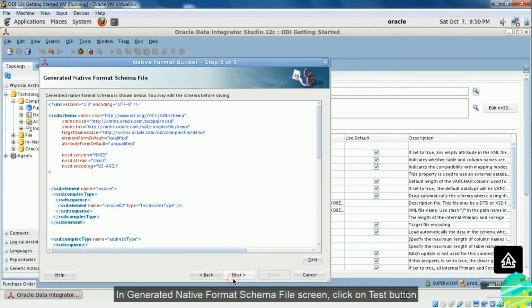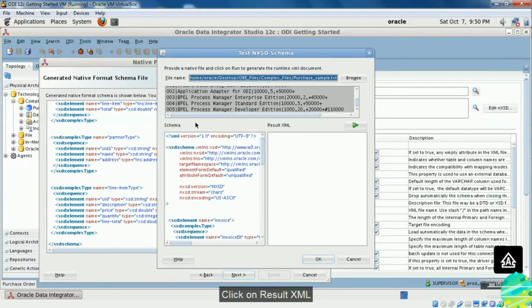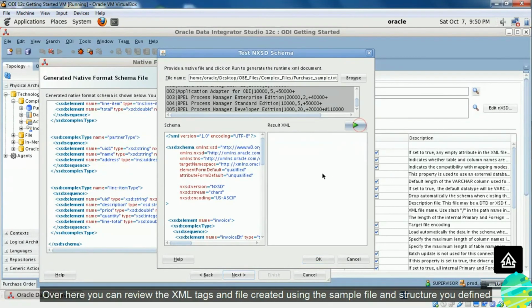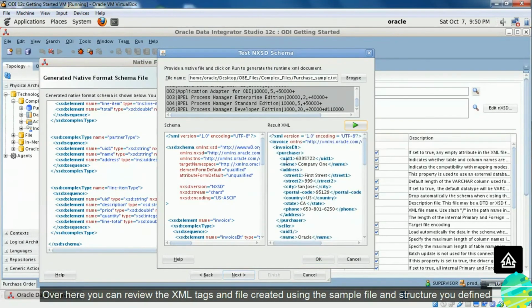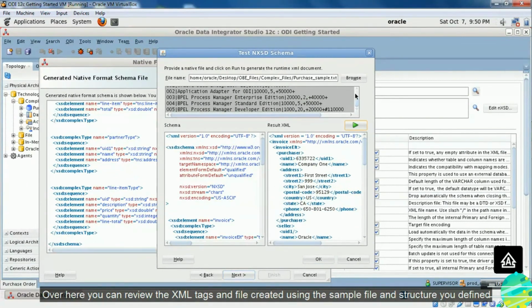Click on next. In generated native format schema file screen, click on test button. Click on result XML. Over here you can review the XML tags and file created using the sample file and structure you just defined.